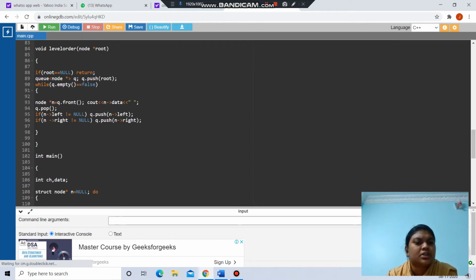Then in a cout we have given n->data, and q.pop(). If n->left != NULL, then q.push(n->left). Then n->right != NULL, and q.push(n->right). Then inside the main